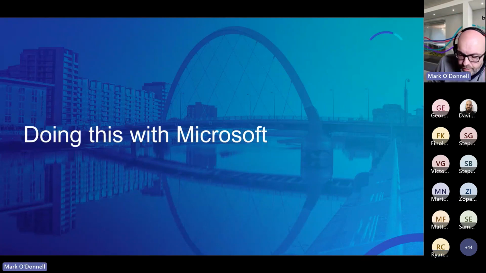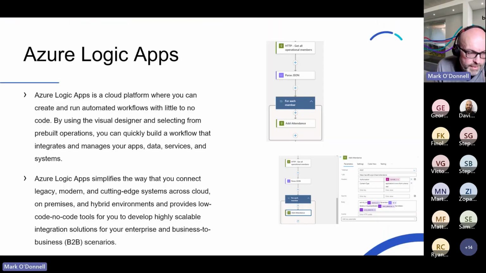So we're a Microsoft services provider. It's the tool set that we work with most. So what I'll do is talk you through some of the key technologies and tools that we see as being key to this. Now, I've only chosen a few. We could talk for probably hours on this very subject, but I've chosen 3 just to briefly talk about. So the first one up is Logic Apps. I think these are often an overlooked component of the Microsoft technology stack.